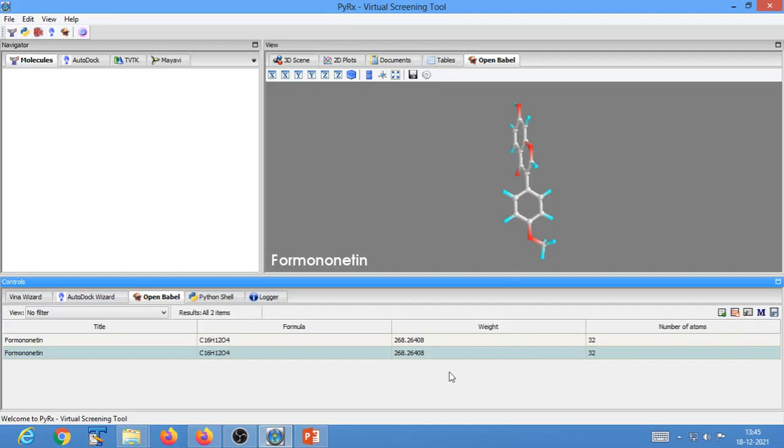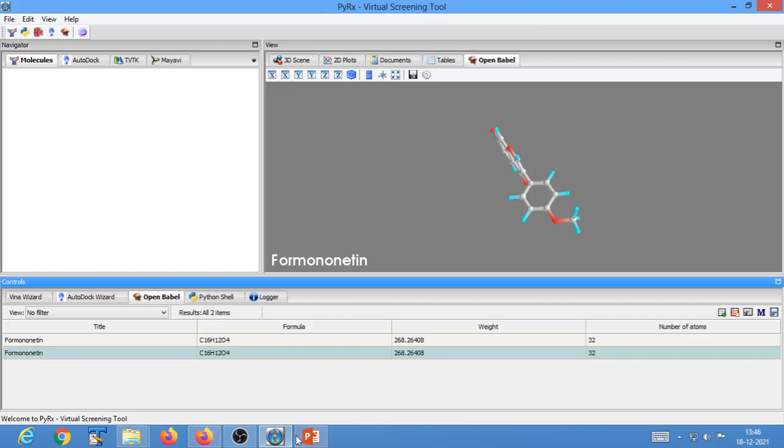Okay, the format will not really matter, whether your molecule is in SDF format or mol2 format or mol format or even in PDB format. It will not really matter. All you want to have is the 3D conformer of your molecule. It doesn't really matter how you generate it, and make sure that you have renamed those molecules properly,